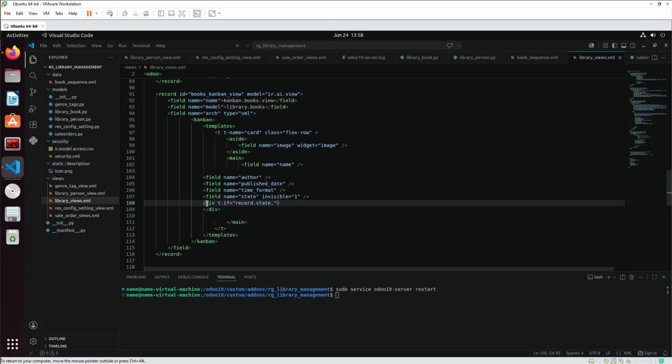Then you need to add the attribute known as raw_value, which will fetch the value of that particular record. Now we have added the condition: if record.state.raw_value equals